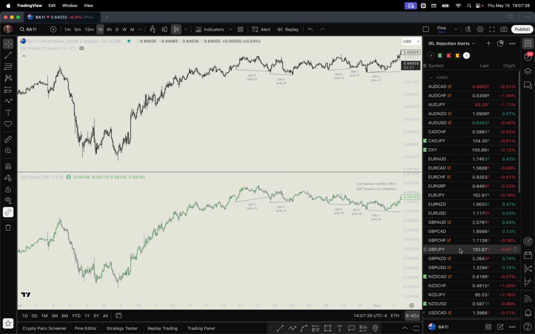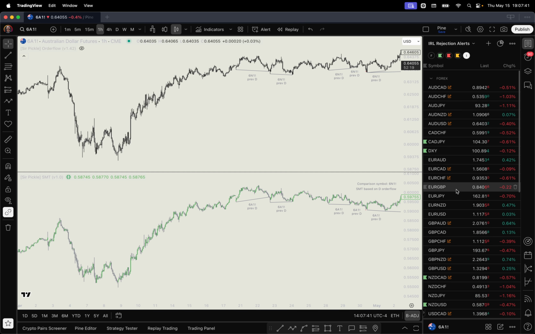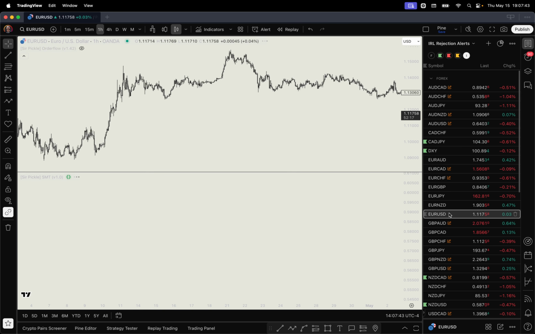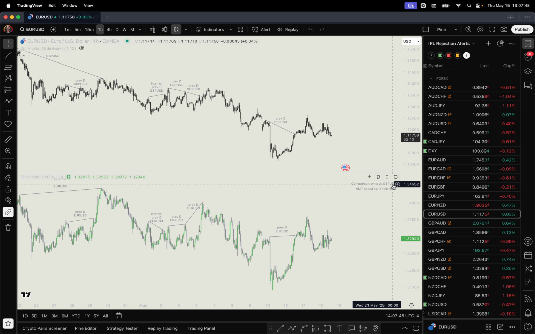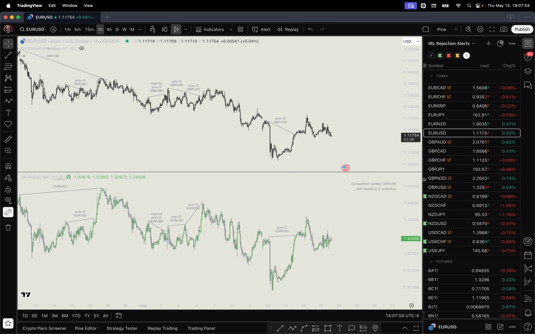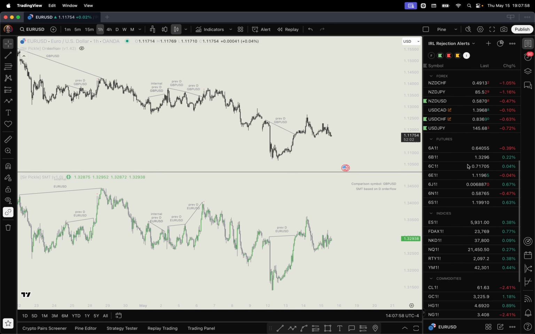And you can also go to many Forex pairs, for example, Euro USD, which I'm sure many are interested in. This automatically matches it with GBP USD. And you can go to many others. So again, we have added many default mappings here, and you can just click through your charts and see, but